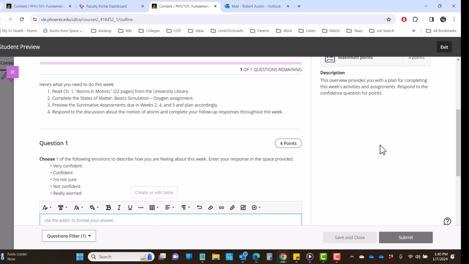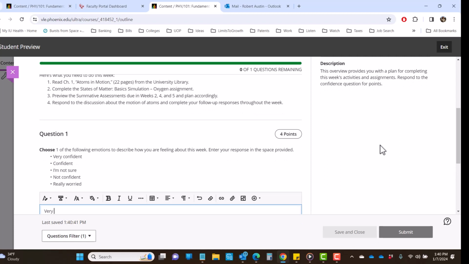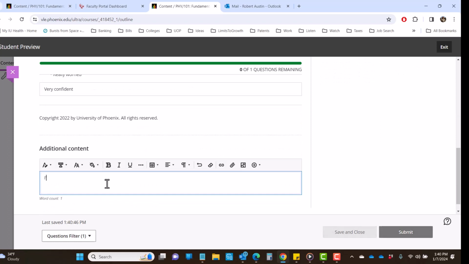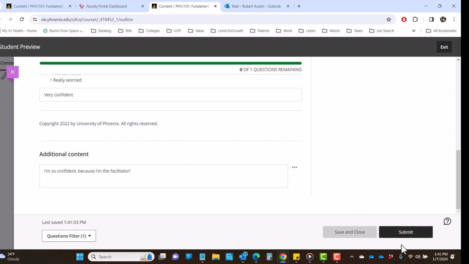So I'm going to say I'm very confident, and I'm very confident, of course, because I'm the facilitator and I've been doing this for a while. Okay, that's it. And make sure you submit it. You could save it and close it and come back to it later if you want, but really, it only takes a couple minutes to do.